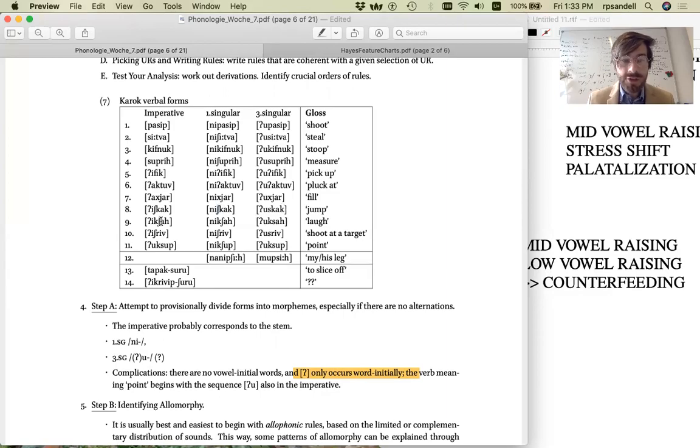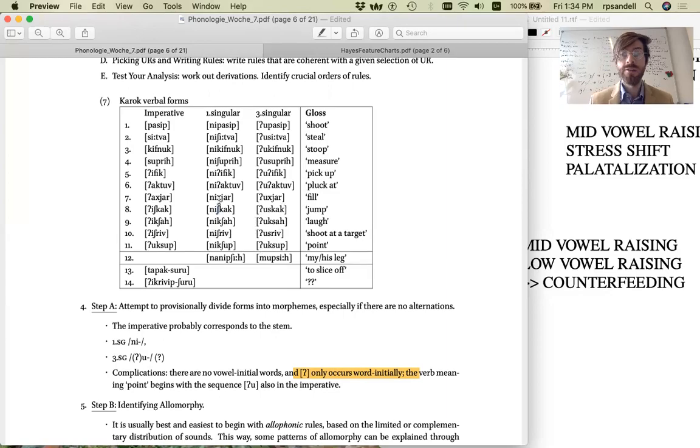In 9, we have iksha, niksha, but uksa. In 10, ishriv, nishriv, but usriv, and uksup, nikshup, and uksup. So it looks like the